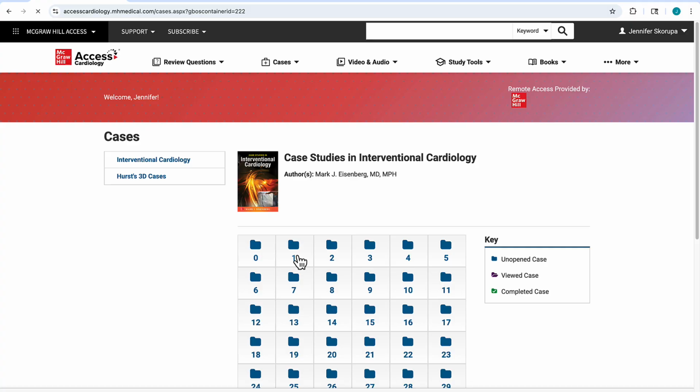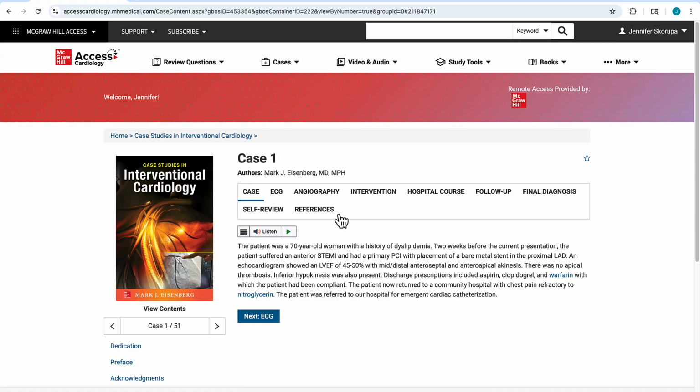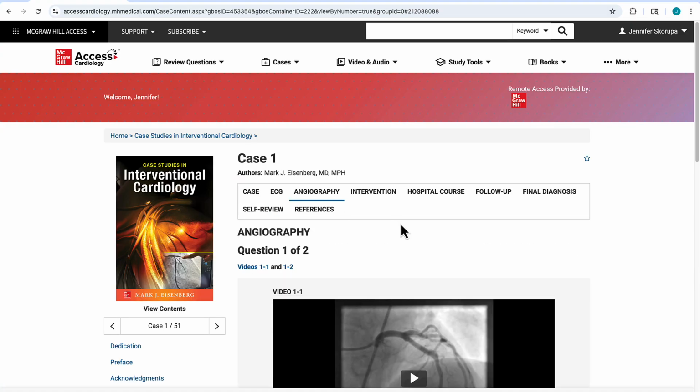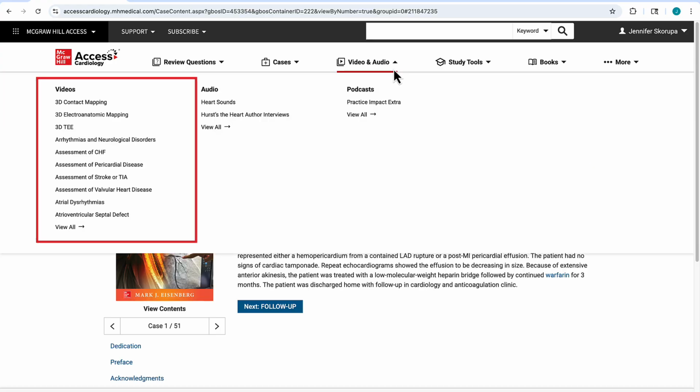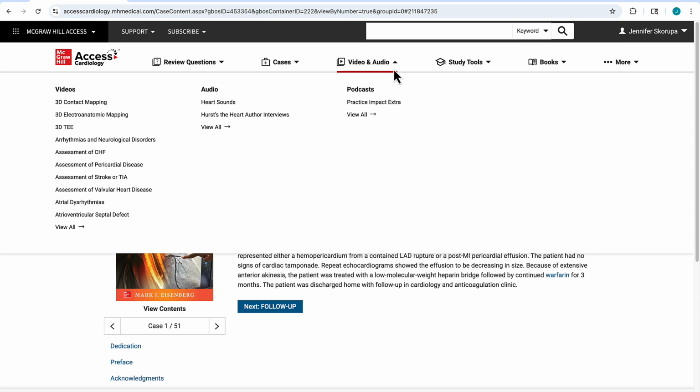Interventional cardiology cases are 50 randomized cath lab cases with videos, ECGs, MCQs, and final diagnoses, focused on recognizing and managing complications. Under the Video and Audio tab, explore 3D animations, procedural videos, heart sounds, and podcasts to reinforce audio-visual